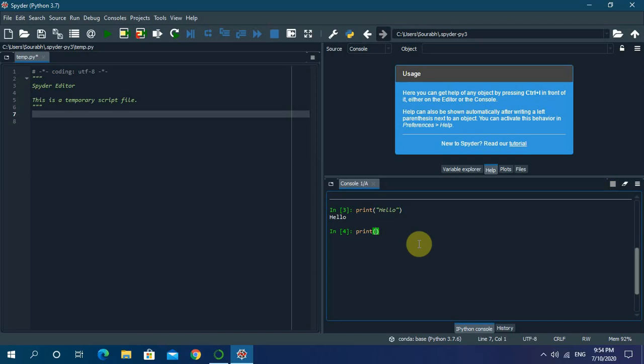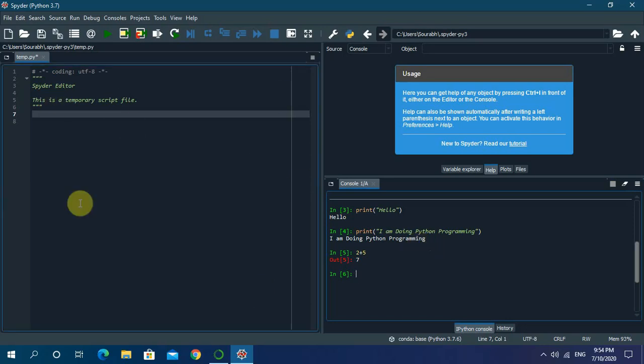Now let me try with something else. Print function. Under the print function I am writing: I am doing Python programming. So this is the code that I have written. I am pressing enter key. So as you can see, the output has been printed. Alright, let us try with the numbers that we were seeing, 2 plus 5. So as I enter, you can see 2 plus 5 is equal to 7. It has already printed the output. So this is how this IPython console works.